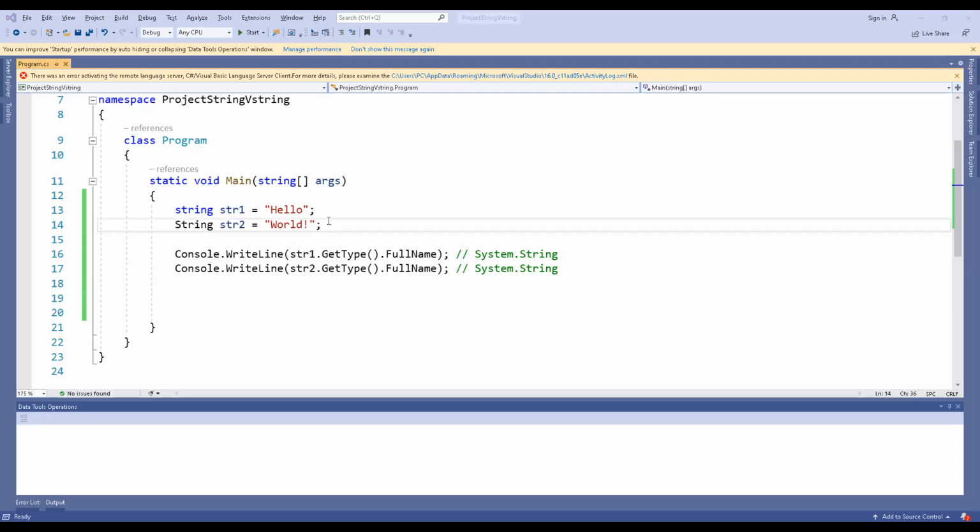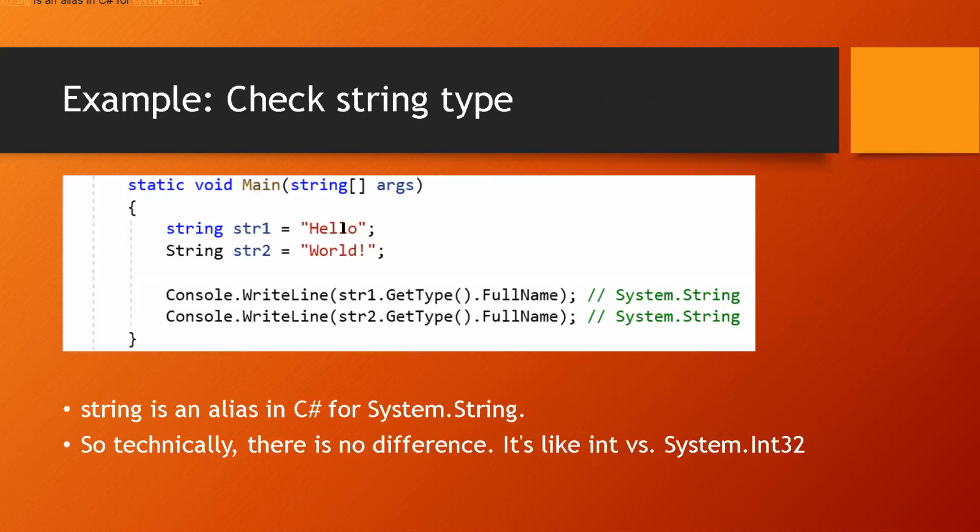Technically both are the same. In this example, string1 returns System.String and string2 returns System.String. A small string is an alias in C# for System.String, so technically there is no difference.